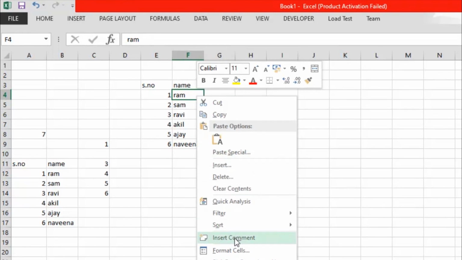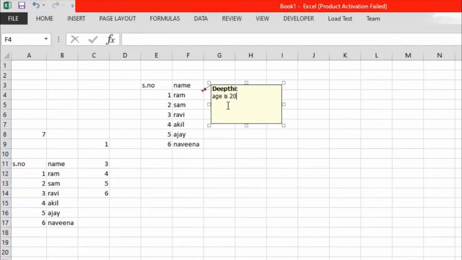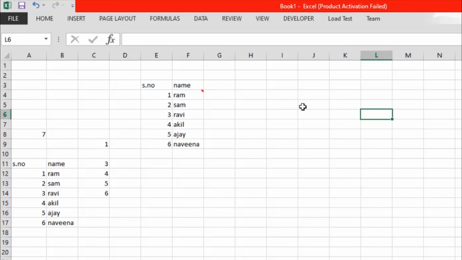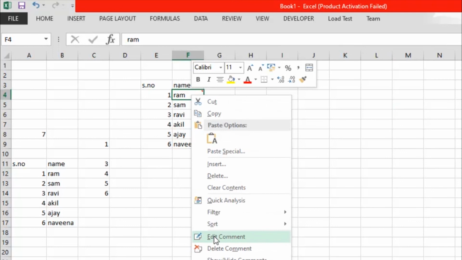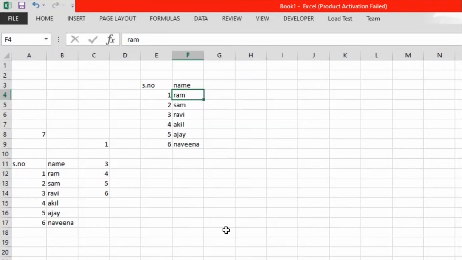You'll get an option to insert comment and you can paste the data over here. When you move the cursor away from it, you will not be able to see the data. When you move over the name Ram, you'll be able to see the age is 20. The comment can also be deleted by right clicking on the cell, where you'll get an option to delete the comment. Just click on it and the comment will be deleted.